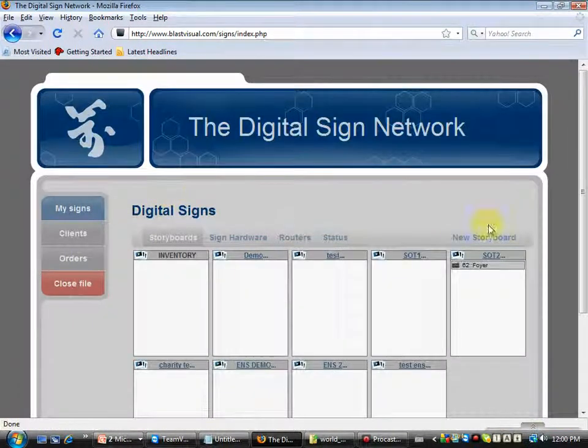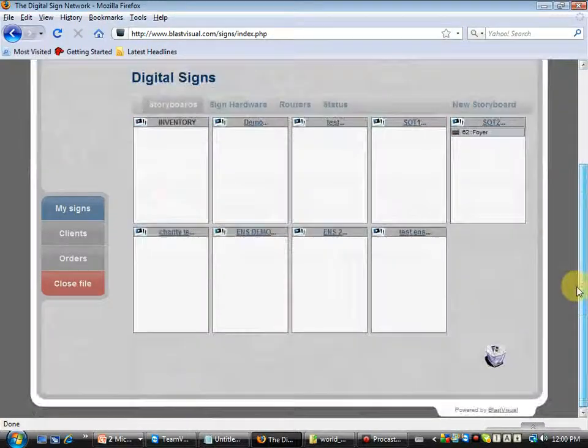I'm going to go back to storyboards here, and now we're going to have fun as if we're a graphic designer. Okay, so let's say I've come in here for the first time. I can see that they have one sign box, or sign device, and they have a series of storyboards, and I want to make a new storyboard to drag that device to so that it will play that storyboard. I just click on New Storyboard,